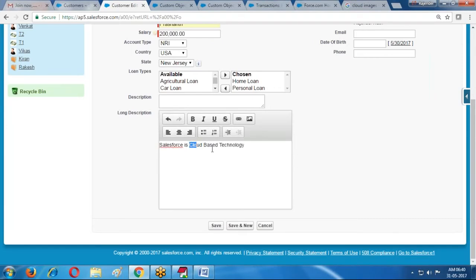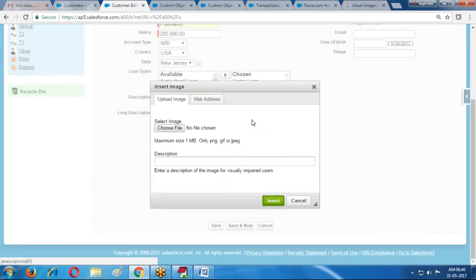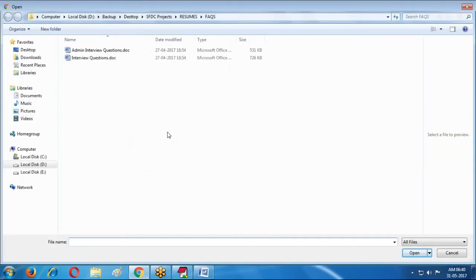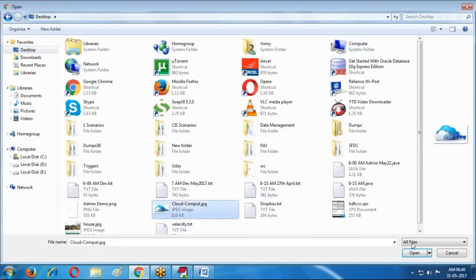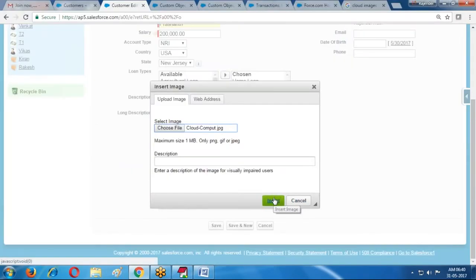Now I require cloud based in bold, italic, some underlines. Now an image is also required. Insert an image. Before that, choose the file. I selected an image here and insert.